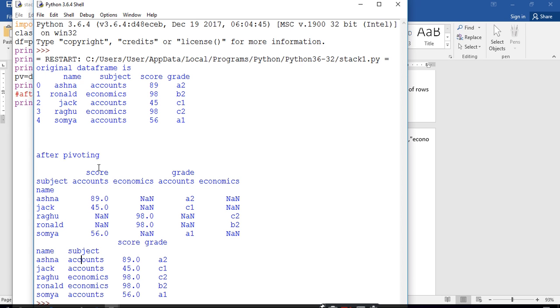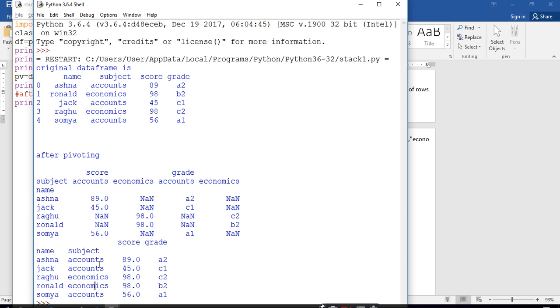Here, because you have two main columns, score and grade, it is divided into two columns, score and grade, and the index is name, which is the same. These two sub columns, accounts and economics, are converted into the column subject: account, eco, account, eco.